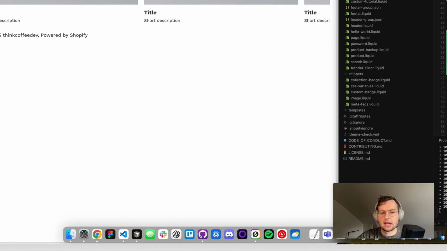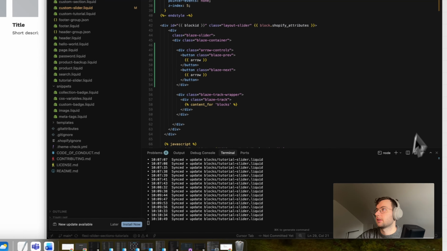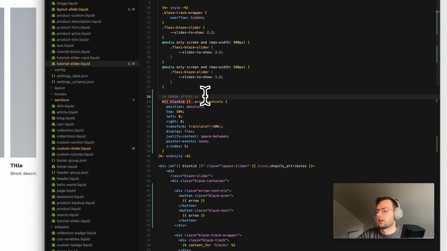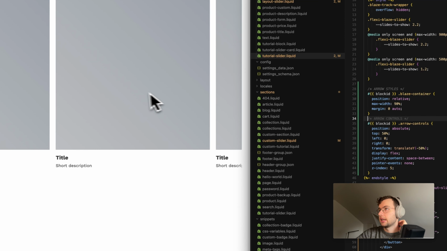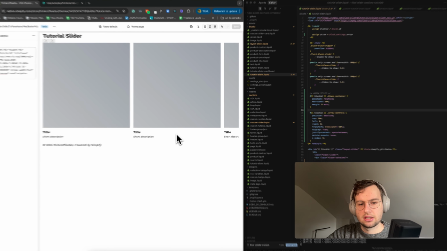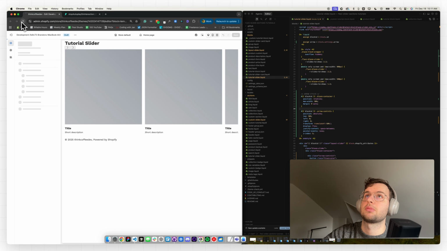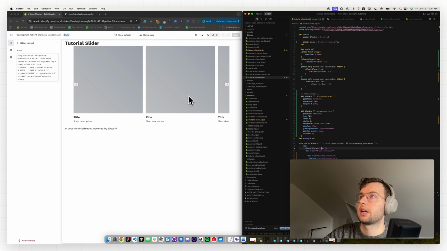But in order to make that work, we actually need to make the Blaze container relative. And I'm actually just going to set a little bit of a width on it as well. So now if I go like this over here, we should see them positioned wonderfully. Yep, so now they're getting positioned a little bit better, but as we can see, the style of them is